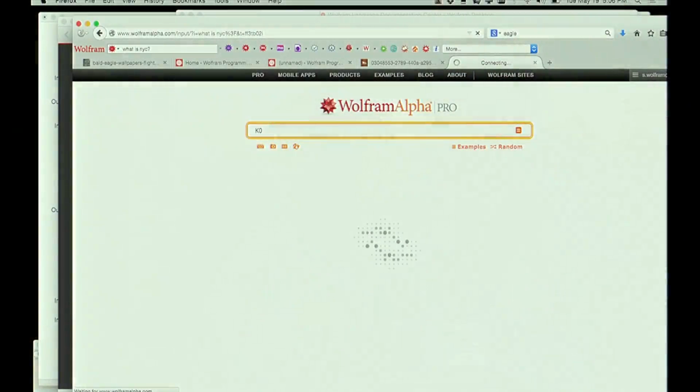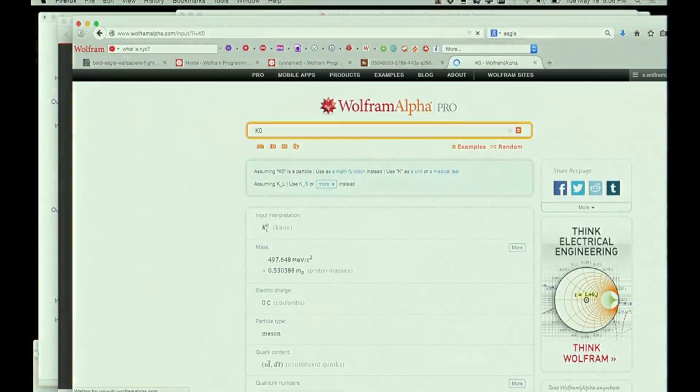I thought we would have to know things about the user. Is this somebody who's interested in chemistry? Is this somebody who's done this? That turns out not to be necessary most of the time. There's a sort of a priori probability. If I type K0, for example, I thought this conference might have, okay, if you're a particle physicist, what is K0? Well, there might be some other things that it could be, but it's probably a particle, because that's the most common kind of thing that's actually called K0. It's only 2 characters. It's enough.